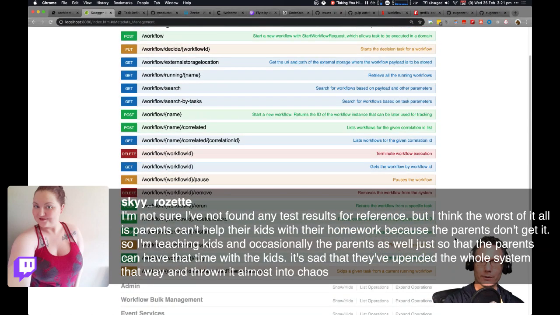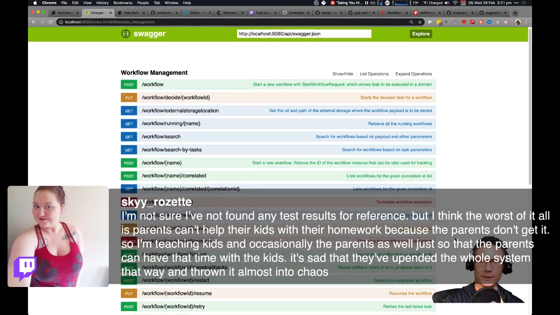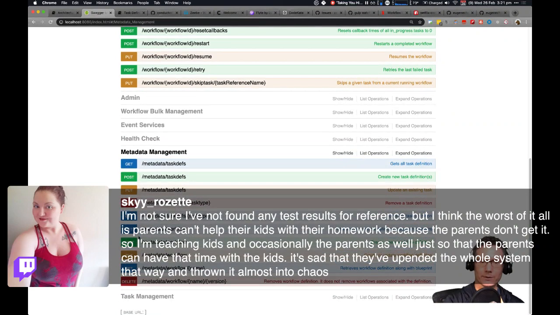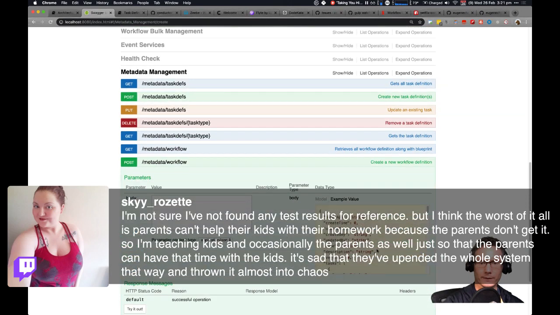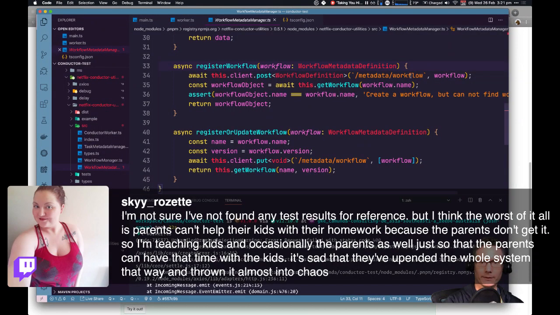Post. Workflow management. Okay. Yep. So this is for workflow metadata. Post to workflow metadata. Okay. Post to metadata workflow. Yep. Post the workflow. And it's going to post the workflow.